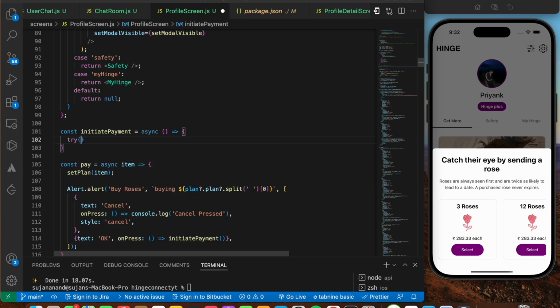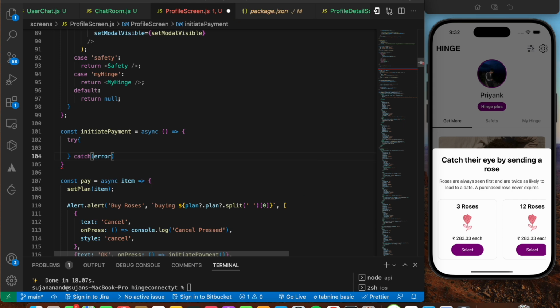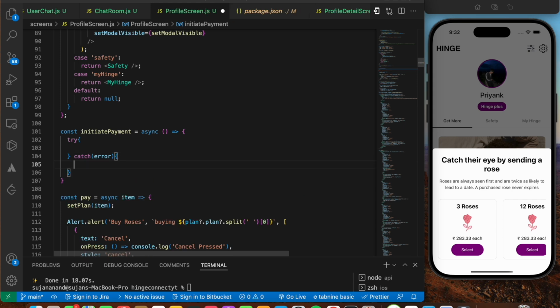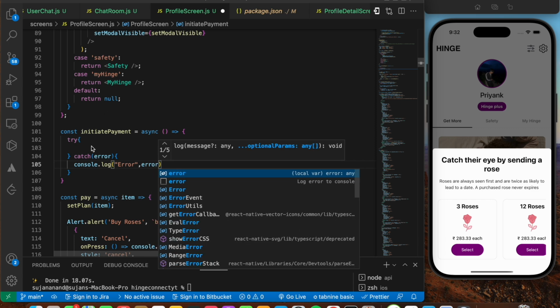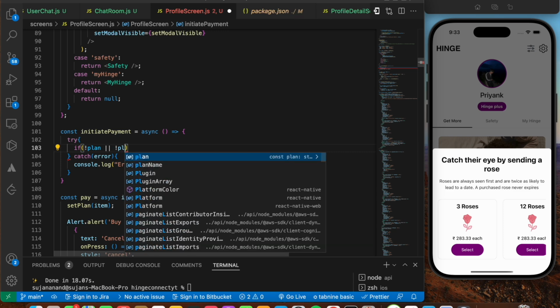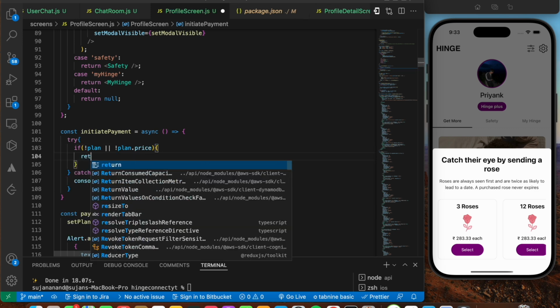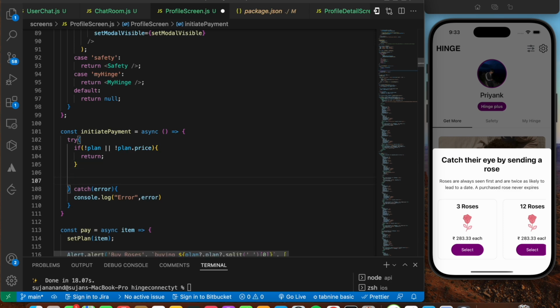and here let's give our try and then catch block. So try catch of error, and here I'm just gonna give an error message. So I'm gonna say console.log error with that particular error message, and inside your try block I'm gonna initialize my basic conditions, that is if at all there is no plan, or if at all there is no plan.price, and in this case I'm just going to say return,